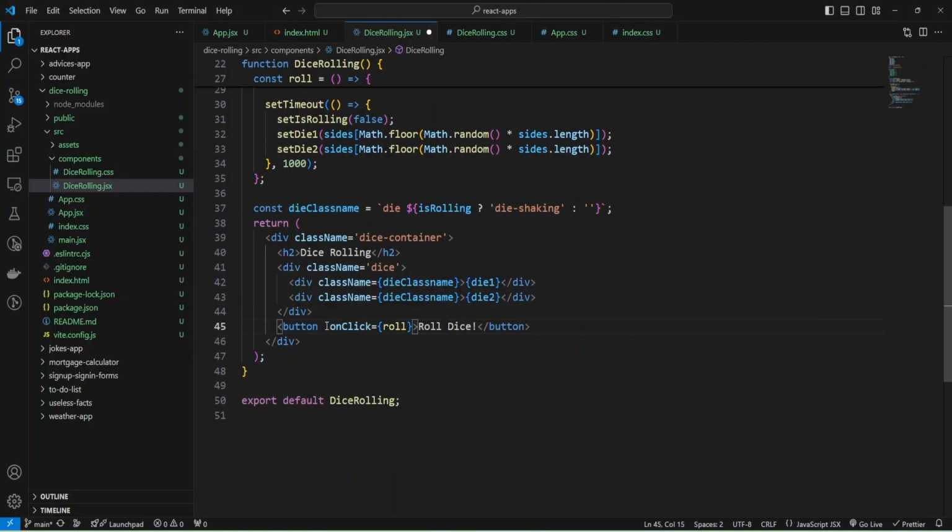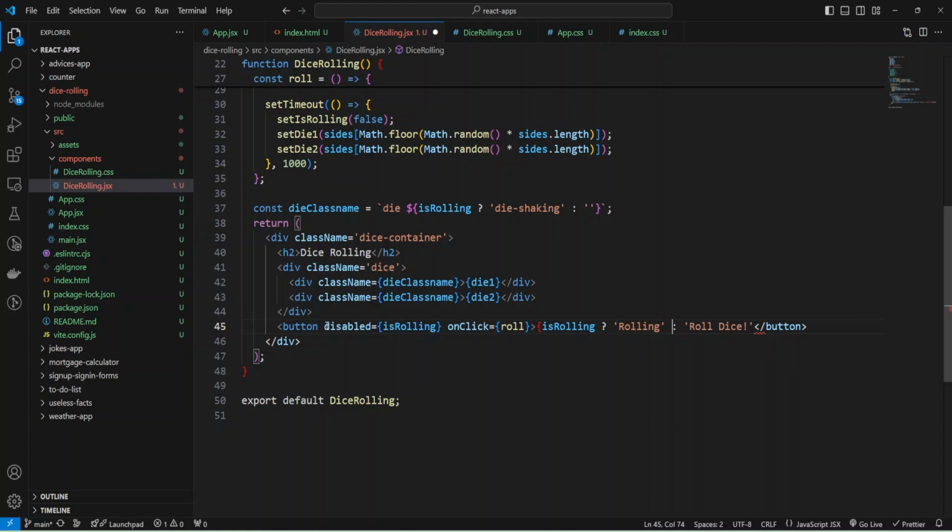And I'm going to add disabled, depending on is rolling, and if is rolling, then I will have a disabled button, and also add conditional rendering to our text, and check if it's rolling. Then I'm going to provide the text rolling, and if not, then the text will stay roll dice.